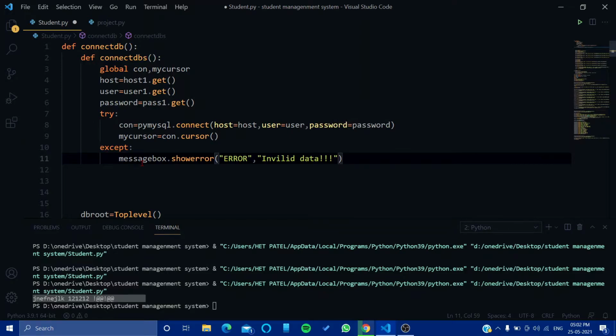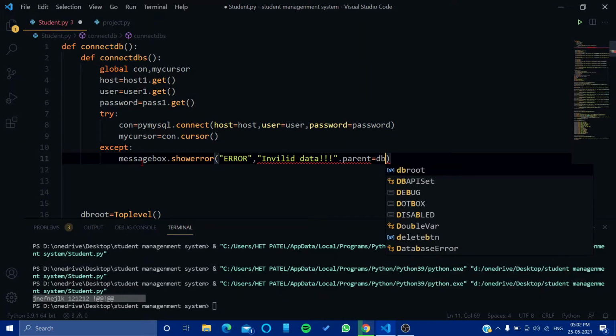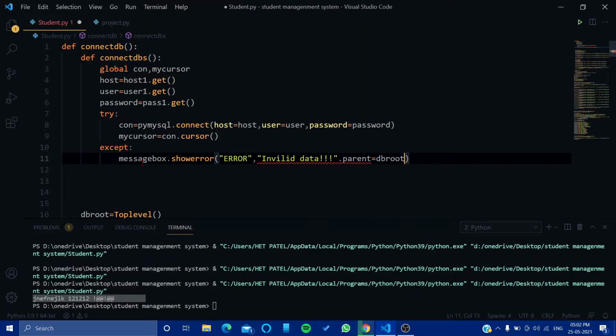Then parent is equal to DB root. Everything is correct, but we have to just put a comma over here.